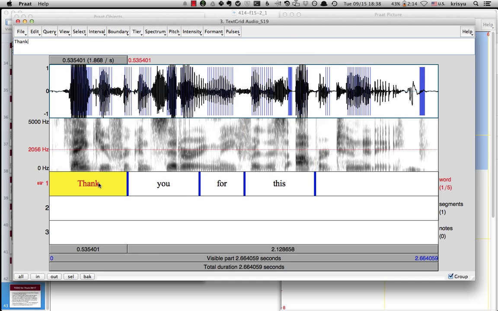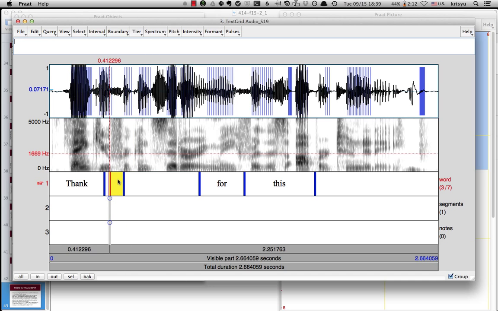Remember, you can click on an interval and hit Tab to play it. Then I might want to move this over and so forth. What I want you to get used to is thinking about what things in the spectrogram and waveform correspond to these boundaries you're drawing. So then for the segments, you know, it might be like, oh, here's